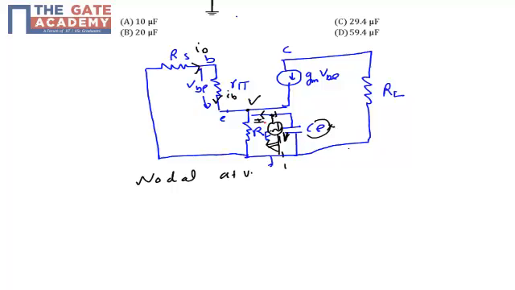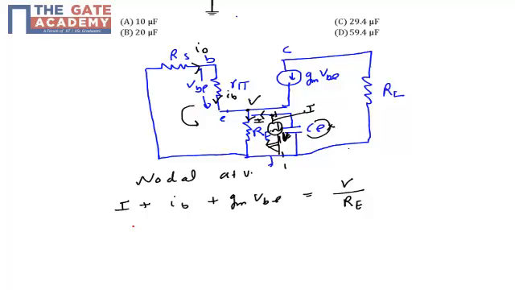Here gm VBE is incoming current, and in this terminal RE current is outgoing. So my total incoming currents are I plus IB plus gm VBE, and outgoing current is V by RE, the current across the RE path. I have assumed one finite voltage source of voltage V and current I. Now the value of IB will be, IB is the path current of this input loop.